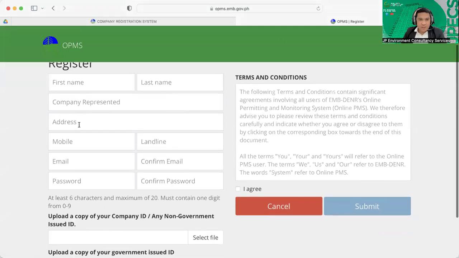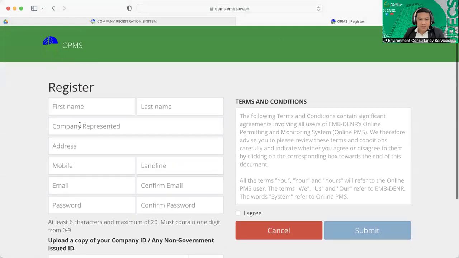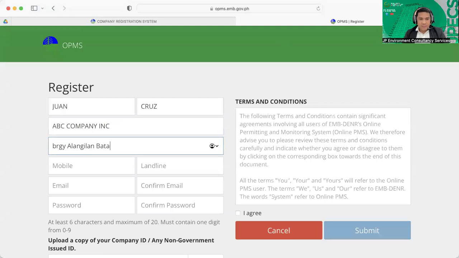So here we need to fill up this registration form like first name, Juan, last name, Cruz, company, ABC Company Inc., address, where the office is located. For example, Barangay Alangilan, Batangas City, Batangas.